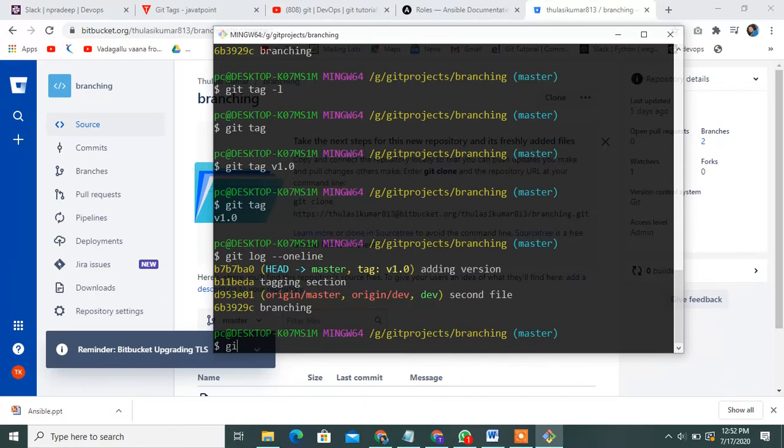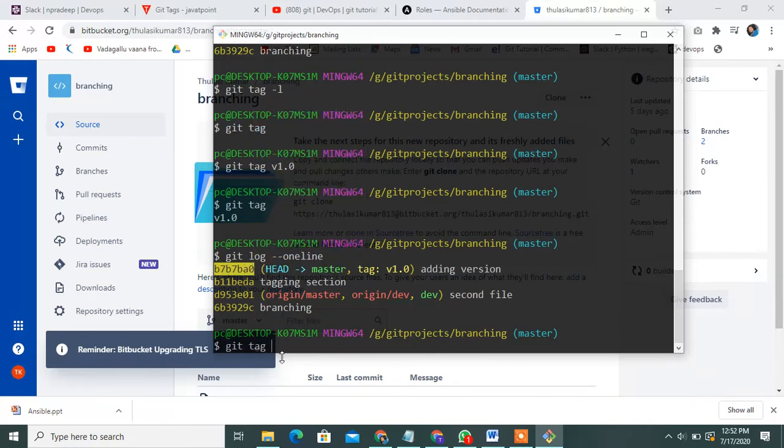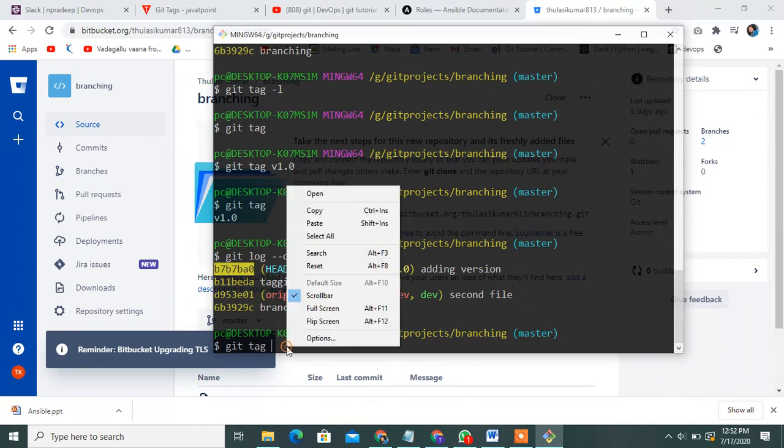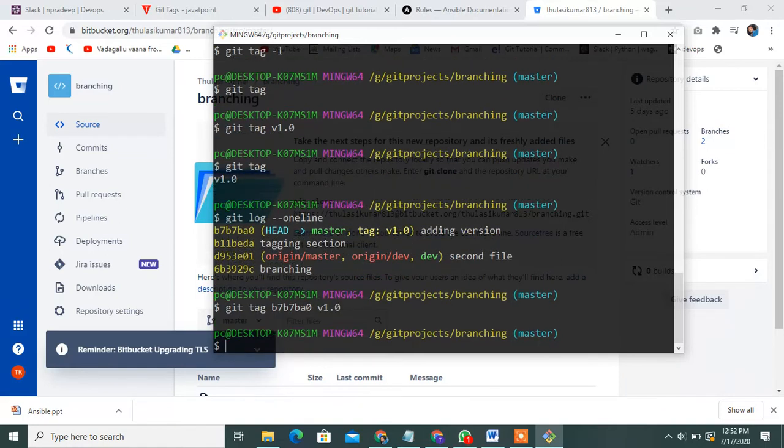How to add this commit to v1.0? Okay, git tag, copy the particular commit ID, paste it here, then add the tag name v1.0. Then check with git tag and git log.